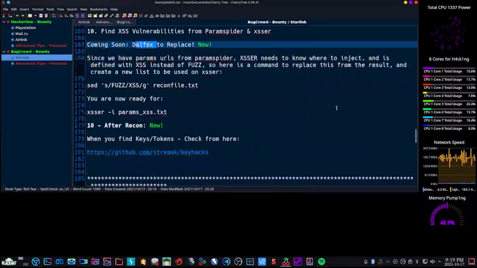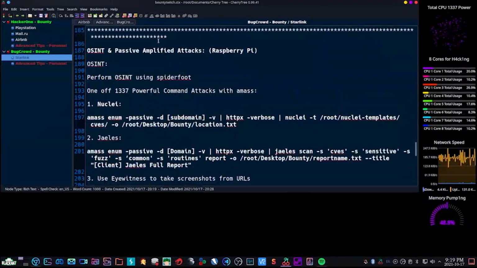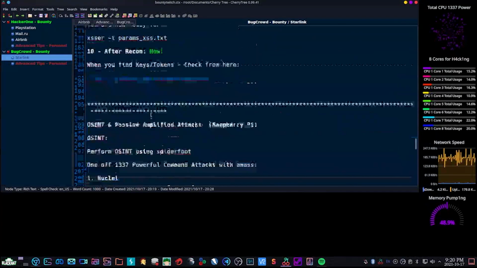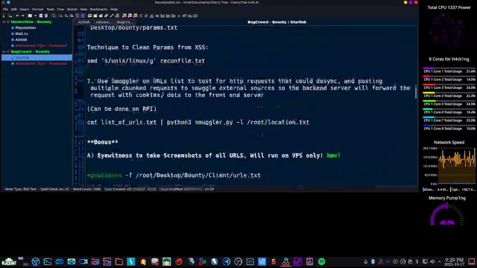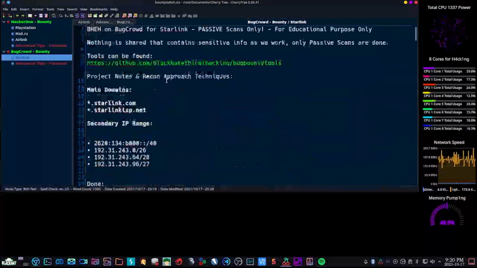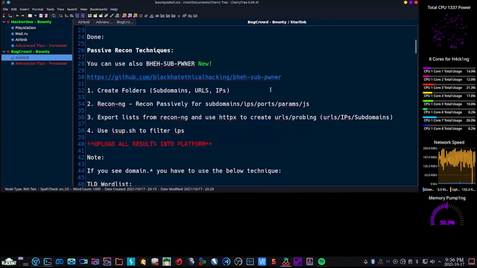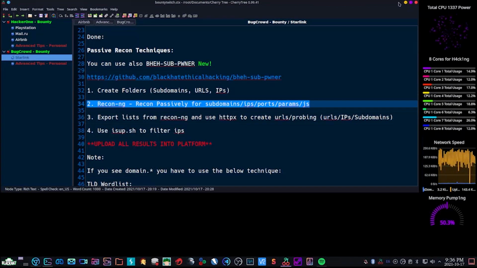So obviously at the next points, from all of the results and the passive recon that you do, you can then check using Nuclei, JLS and other tools in order to see if you can find easy vulnerabilities. But the most important part is to spend manual time examining the results and working on them. So at this point, we have just completed this and we're going to move to the next step, which is